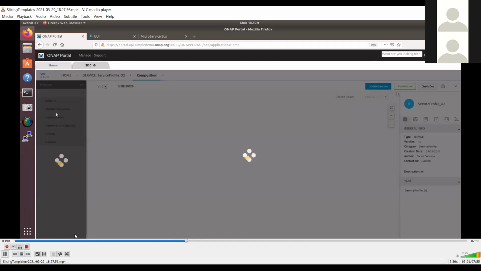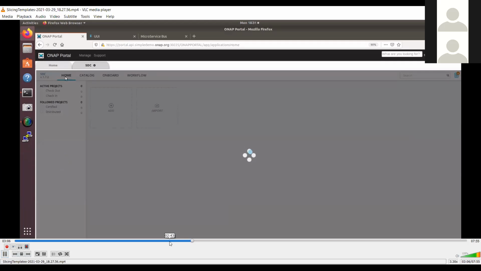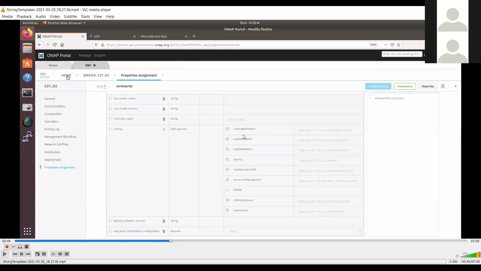So if we go to the service, let me go back a little bit. I wanted to talk about these parameters. As we see, we have the coverage area list, the expected data rate, downlink rate, latency, and the max number of user equipments that can connect.